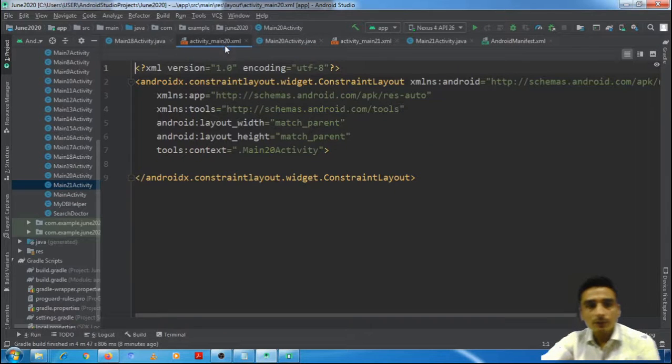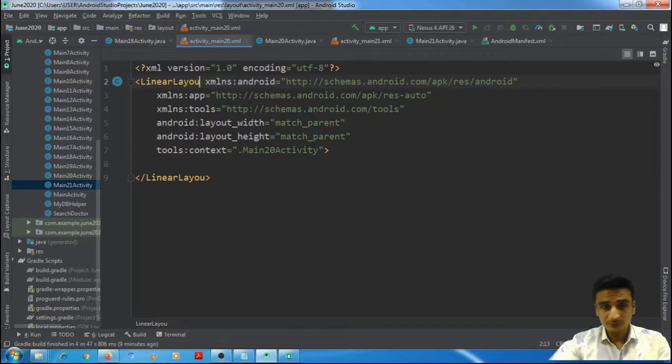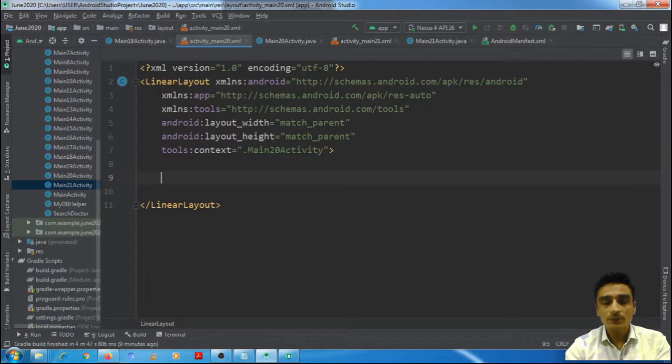In this layout of activity 20, we will put a linear layout. Next thing, we will define a list view in this layout.